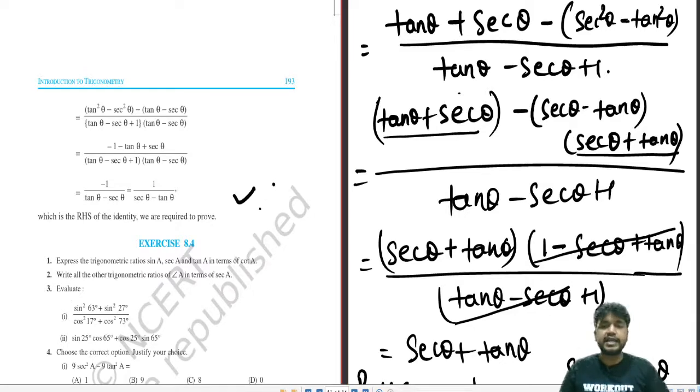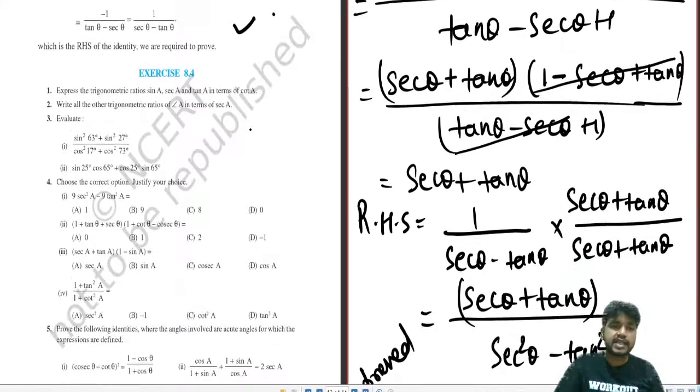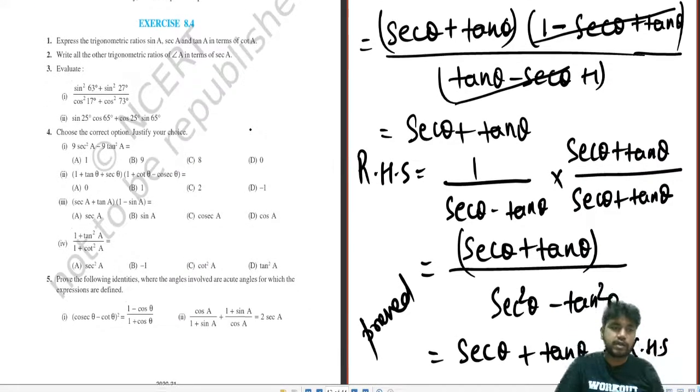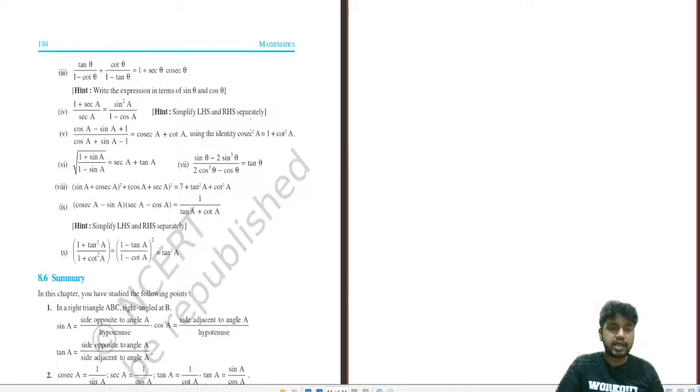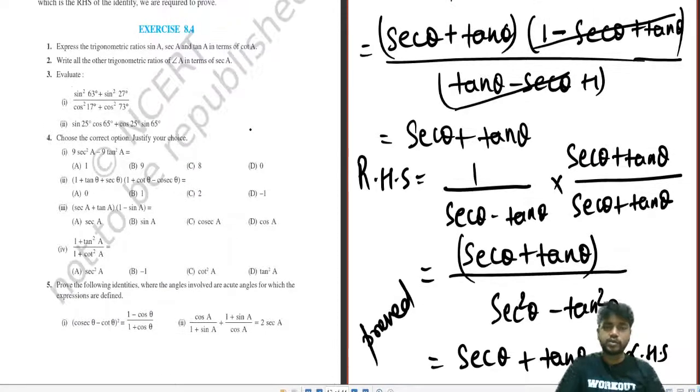So we have completed the examples. Now we'll move into the exercise. What can we do with the exercise? We can solve particular sums, and we will deal with them in the next video. We'll not do the sums over here. We'll do the sums in the next video. Till then, you can look into it and solve by yourself. Otherwise, in the next video, you can get help by looking at the solutions.